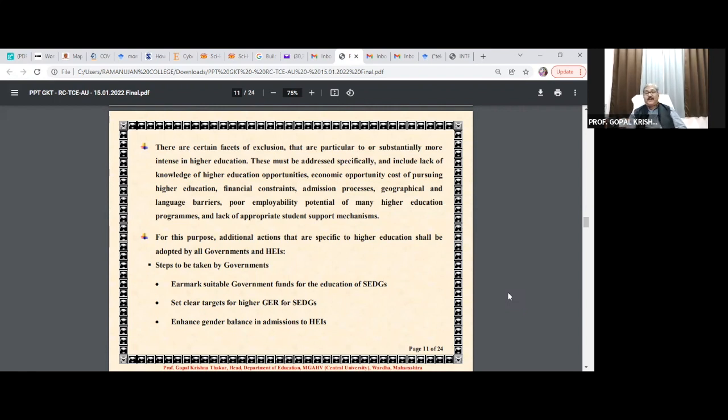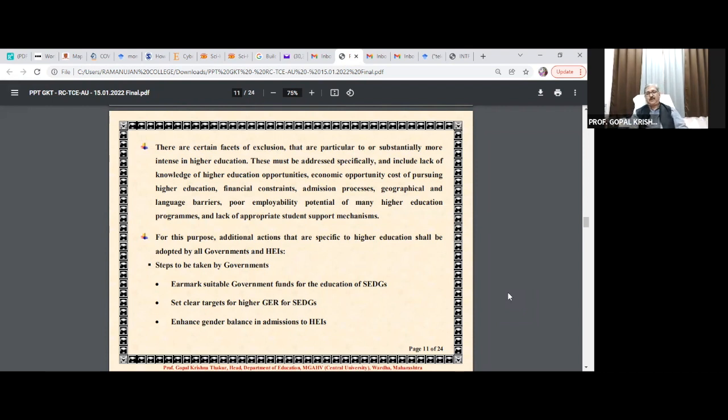To achieve the goal, the National Education Policy document has pointed out certain things that the government should take up: earmark suitable government funds for the education of SEDGs, set clear targets for higher gross enrollment ratios for socioeconomically disadvantaged groups, then enhance gender balance in admission to higher education. Though the government does not have any gender-biased policy, still lots of additional efforts are needed to ensure that girl students are at par